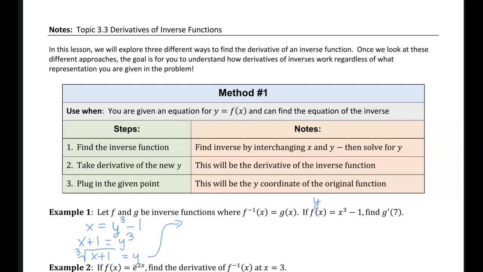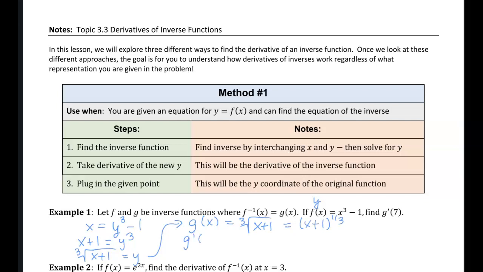Usually when we have our inverse function at this point, we call this our g of x instead of y, equal to the cube root of x plus 1, because g is our inverse function for f. So next thing, we're going to find the derivative. We could also write this as x plus 1 to the 1/3 power,